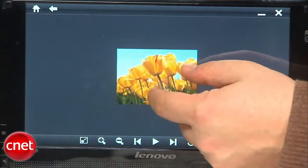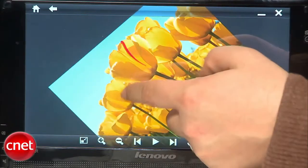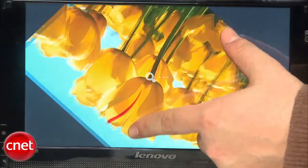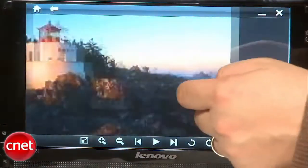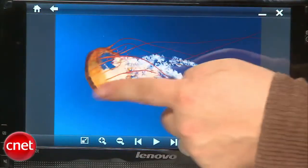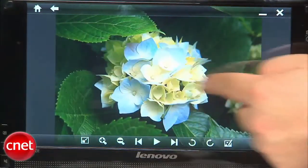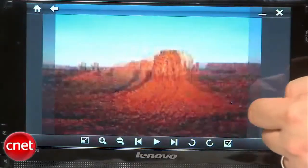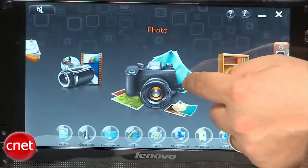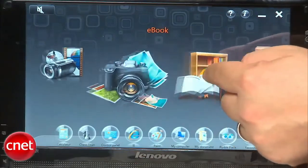And as far as the touchscreen, while we love the fact that it's capacitive, which means like an iPhone, you can touch the screen without having to press on it using a stylus or using like the old-fashioned tablets do, it's a little bit laggy and it has a slow reaction time with some of the programs that we use. Although Lenovo does have a really nice set of natural touch apps that include an ebook reader, media player that you can enjoy on some really nice large stereo speakers that are included. But again, the experience is a little bit laggy and it's not quite as fast as we'd expect,